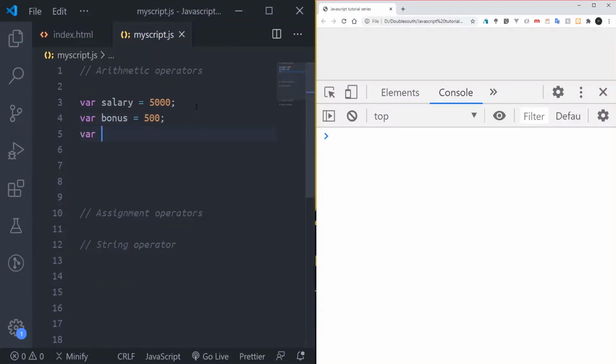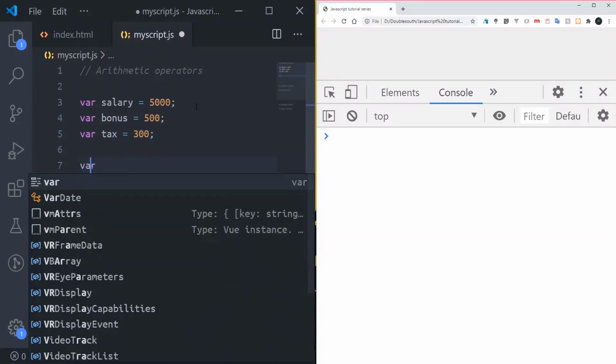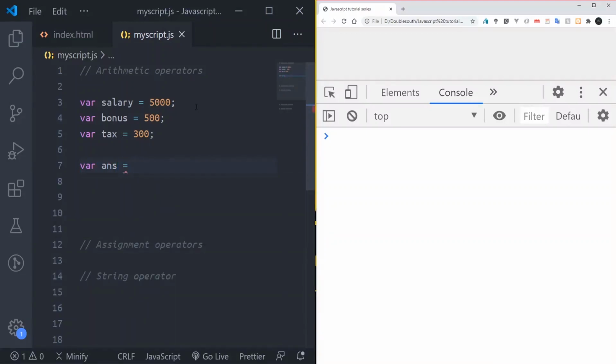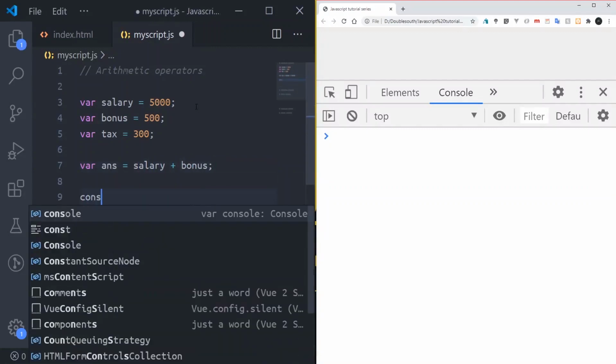Then one last one, tax, which I'll set to 300. Now I'll come down and use our arithmetic operators. I'll create a variable called answer, starting with addition: salary plus bonus. Then I'll come down and say console.log.